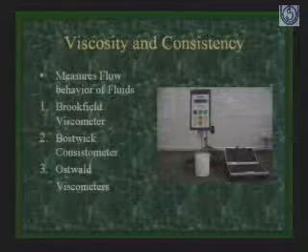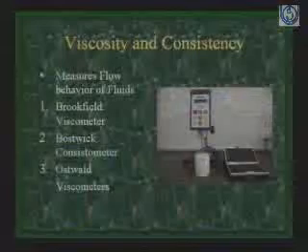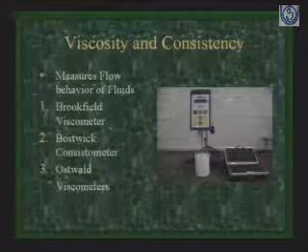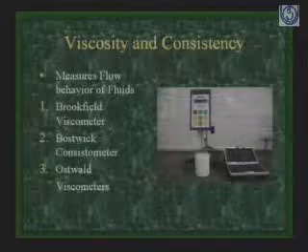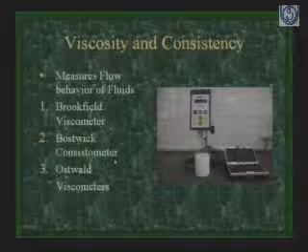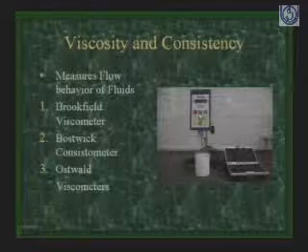Similarly, the Ostwald viscometer has 2 glass tubes and 2 bulbs, and you suck the product into one tube, start the stopwatch and see how much it passes through the valve, and it indicates the physical parameter and the viscosity. So for different types of liquids, the viscosity and consistency can be measured by the Brookfield viscometer, by the Bostwick consistometer, by the Ostwald viscometer. And again, as per the national and international standards, we have to use different equipment for the measurement